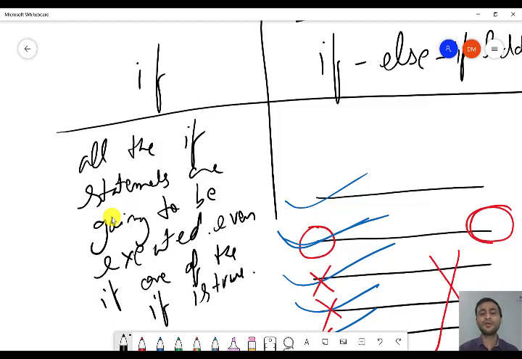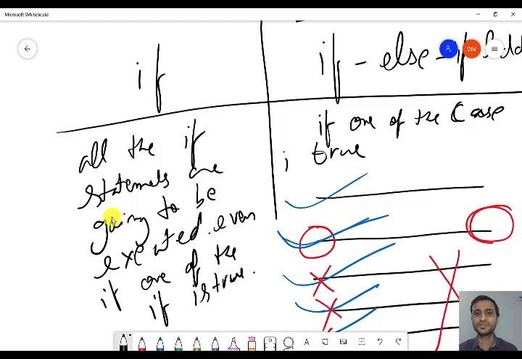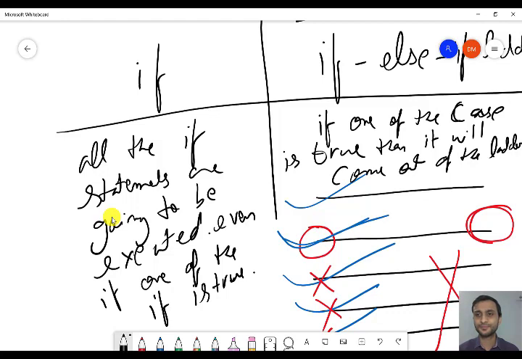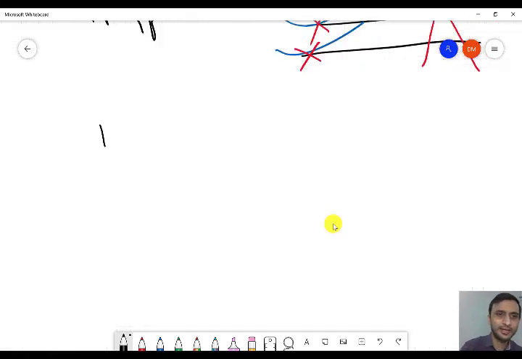Here, in the ladder, if one of the cases, that is one of the situations or one of the if statements, becomes true, it will come out of the ladder. Understood?